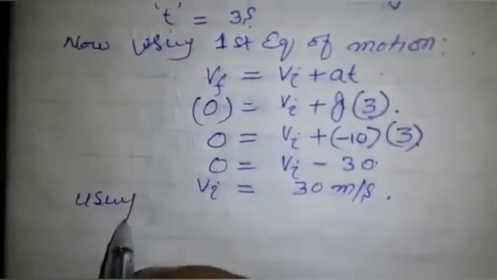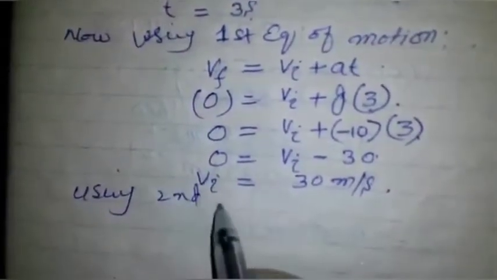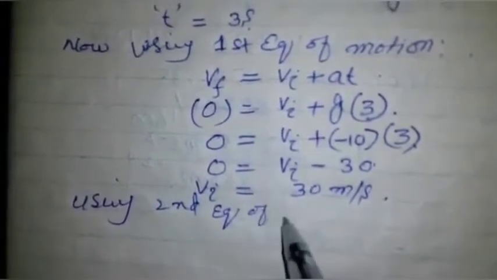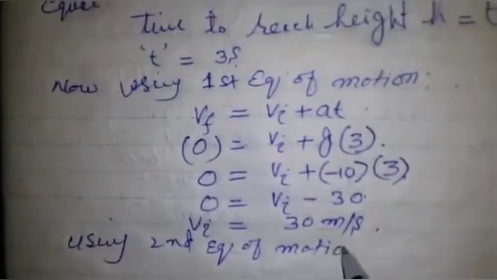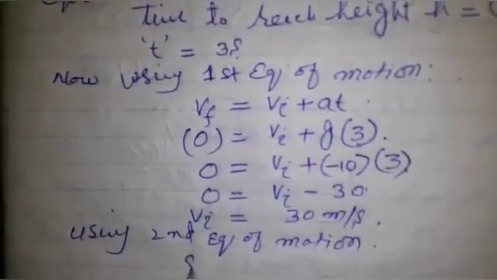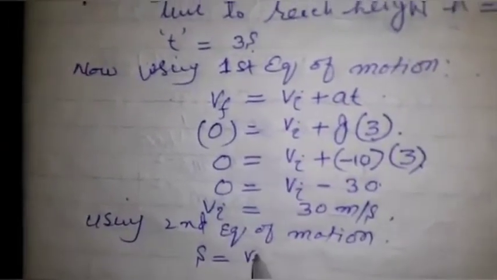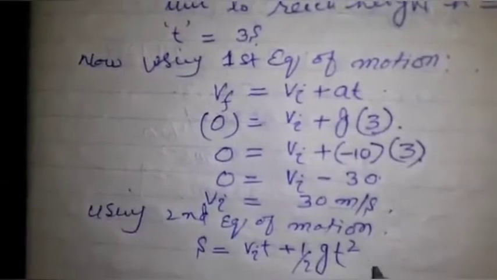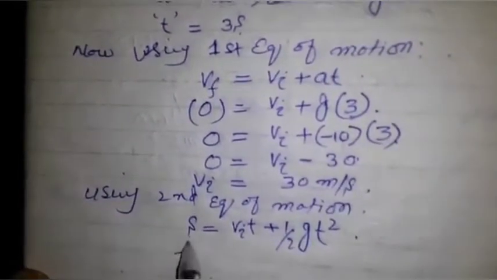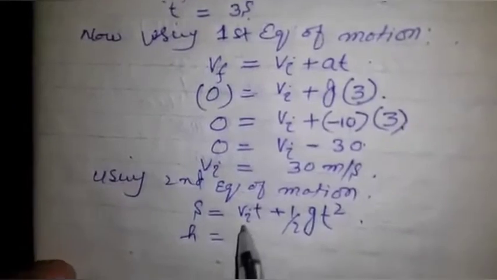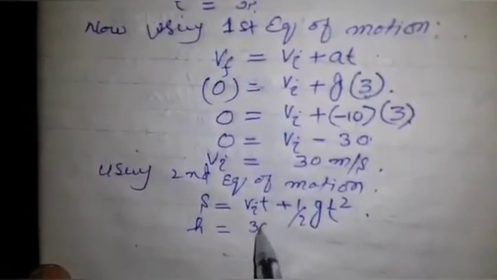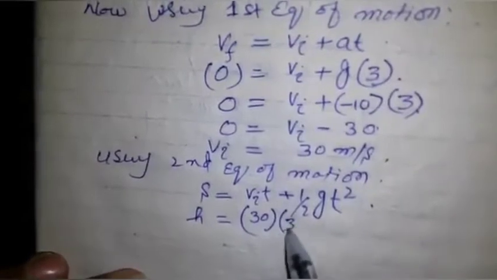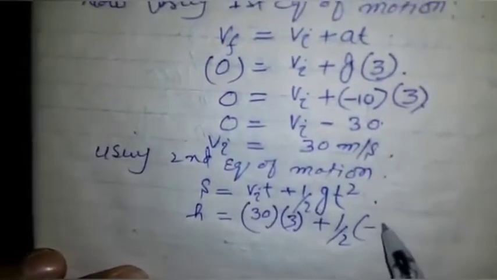Using second equation of motion, S is equal to Vi t plus half g t square. h is the height, Vi we found here 30 meter per second into 3, the time, plus half into minus 10 into 3 square